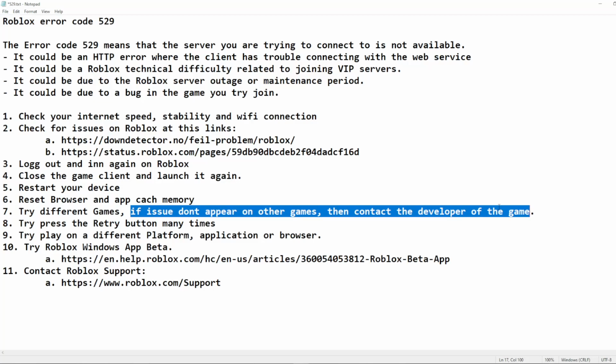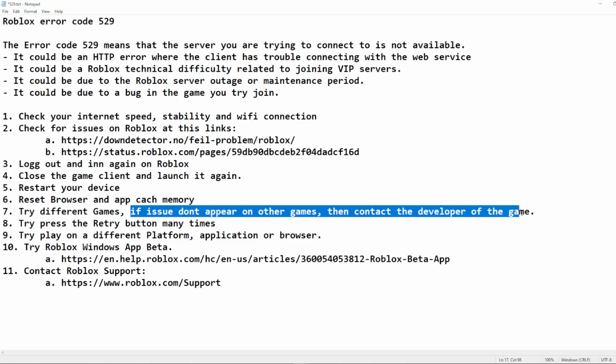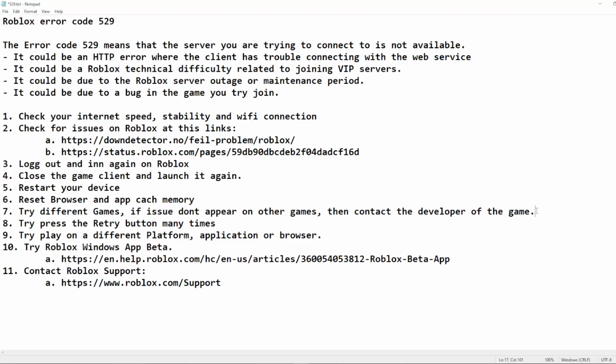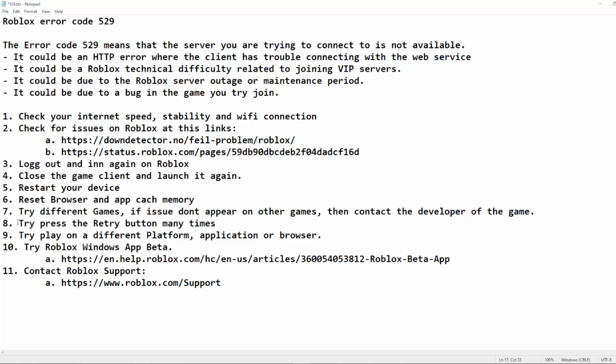Try to get in connection with them and file a ticket or send a message, depending on how big and organized the company is. It can also be just single persons that have this game. There are typically Discord or Twitter accounts, or in some way you will be able to get in contact with them. If it's not that, and it's all the games that you have,